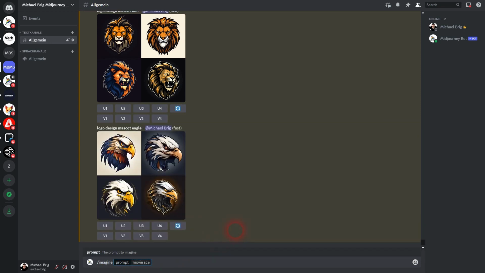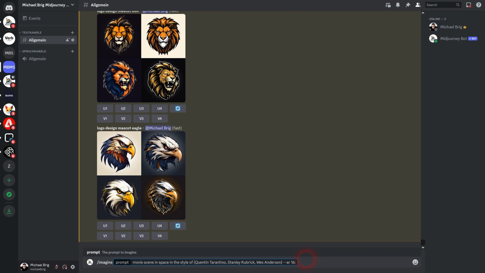Let us start with "movie scene in space in the style of," and then I want to add directors. I can add Quentin Tarantino, but maybe I want to add more. Instead of reprompting it, I can just use curly brackets around Quentin Tarantino. And inside of the brackets I add comma Stanley Kubrick, comma Wes Anderson. So now I have 3 directors inside of the curly brackets separated by commas, and Midjourney will interpret this as